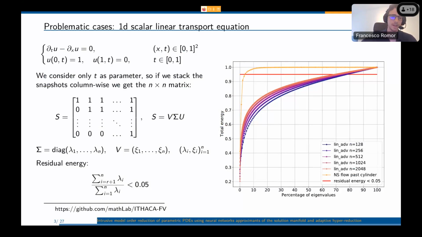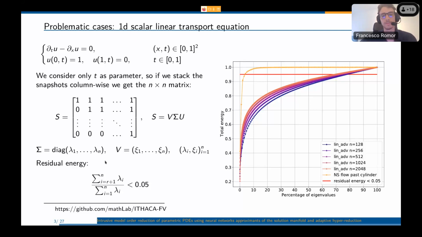So in this case, the initial condition is 0, and you have a left boundary condition equal to 1. So basically, the solution, if you consider standard discretization, is 1 followed by zeros, so it is discontinuous. And at the next time instant will be 1, 1 followed by 0, then 1, 1, 1 followed by 0. If you assemble the snapshot matrix where the columns correspond to your solutions at different time instances, in this case time is the only parameter, and then you evaluate the eigenmodes with the SVD,